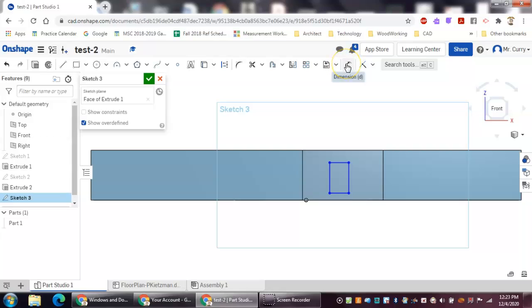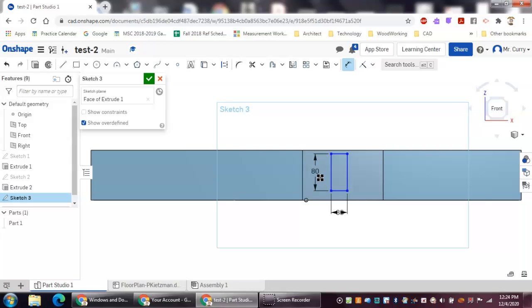So I come right up here. I'm going to add this now. So this dimension, I'm going to bring that down. I want to make that 36 inches. And the height of this door, I want to make 80 inches. So I'll go 80 inches. All right, now, so I have the actual size of the door opening that I want on that wall, but